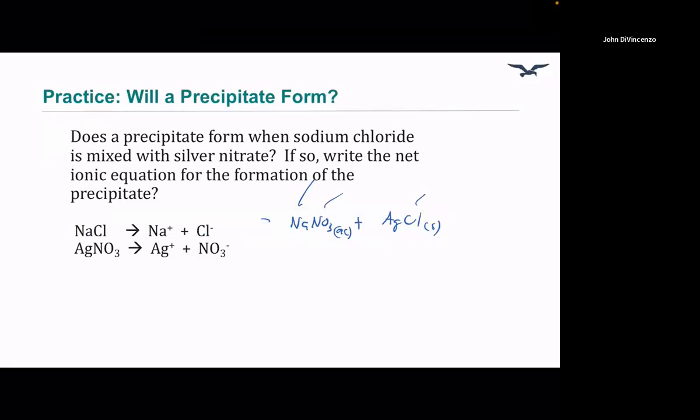They're both very soluble. If you look at your solubility guidelines, of course, nitrates are soluble, sodium chloride too. So those are all going to be ions in solution. So ultimately, your net ionic equation is just silver ions plus chloride ions gives you silver chloride, once you cancel everything out. Okay. Now,